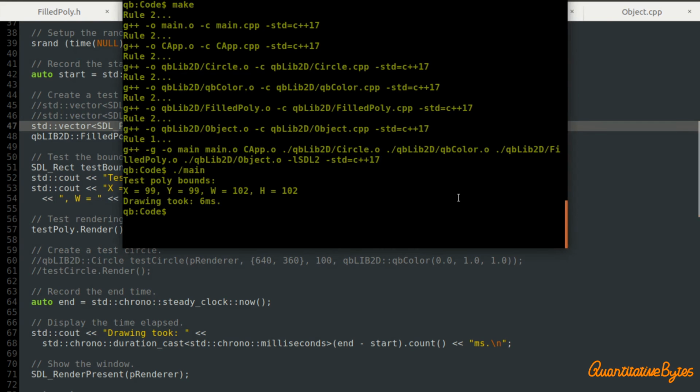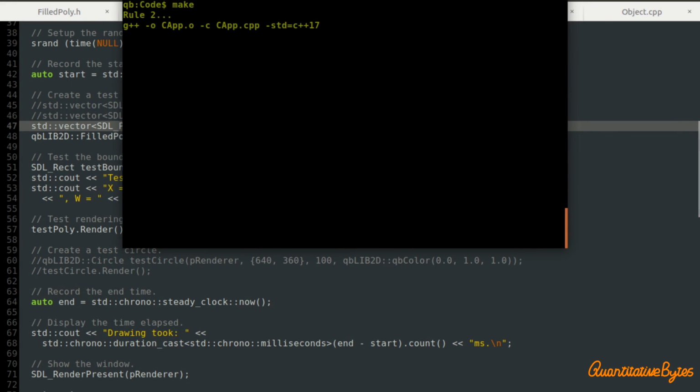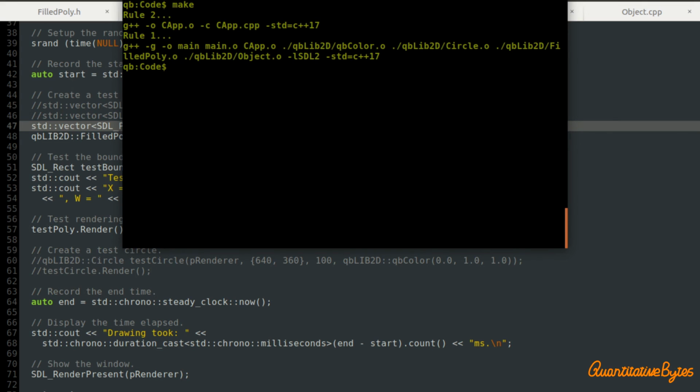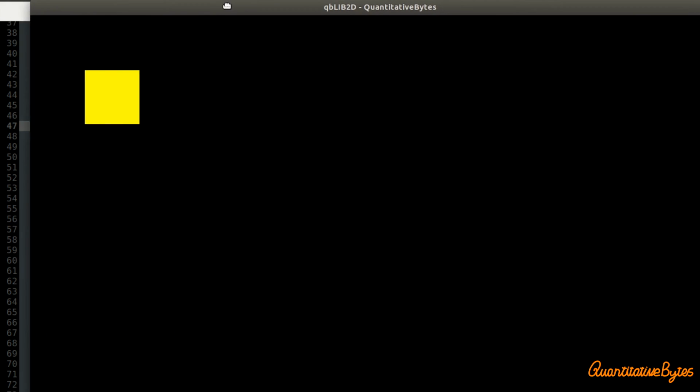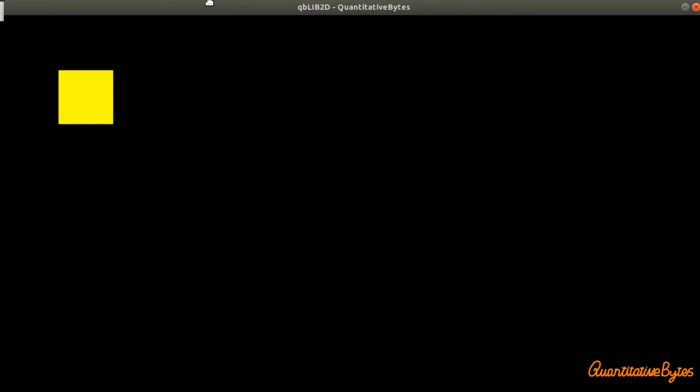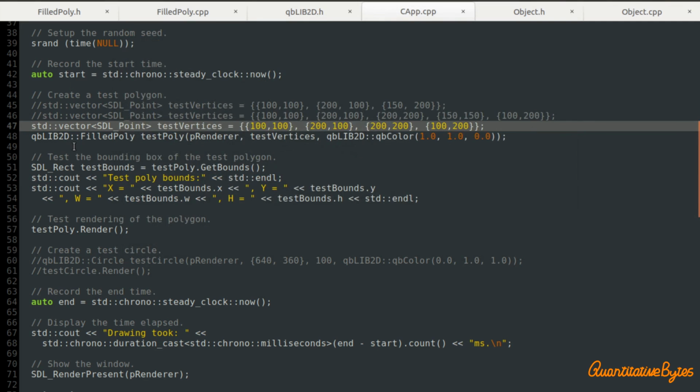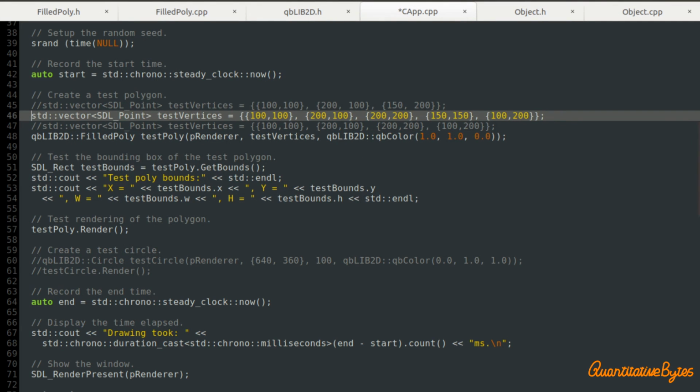If I go back to my terminal window, let's just run make again. See, the great advantage of doing make is that it only compiles the file that has changed. Let's just run our code. And yes, now we see we have, exactly as we expected, a filled square. In fact, it's a special case of a rectangle, a filled square. And I made one already, which is slightly more complicated. You can see there are a few more vertices defined.